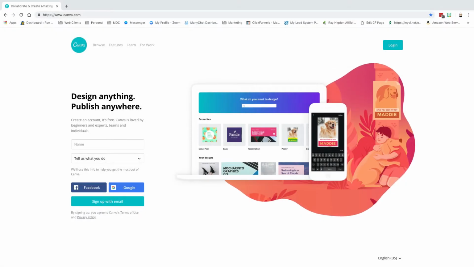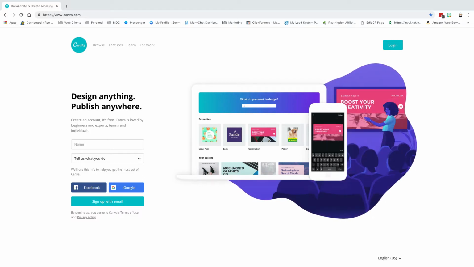Okay, so what I'm going to teach you today is how to make your own rank advancement graphics, either for yourself, for your team, for others, whatever you want to do. All right, so I've created templates for all of the ranks, 5K through Master Affiliate, and you can go to